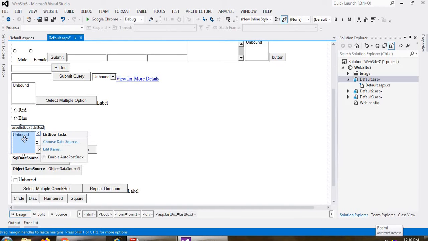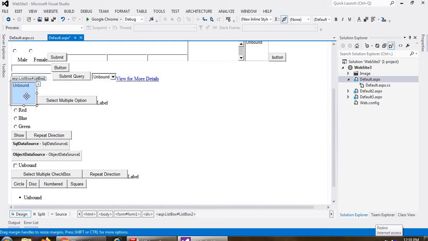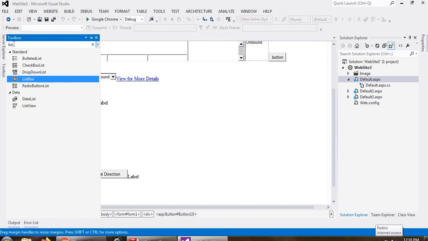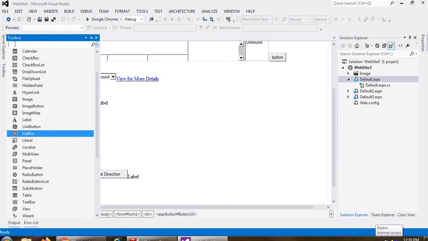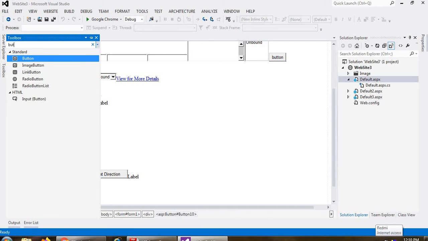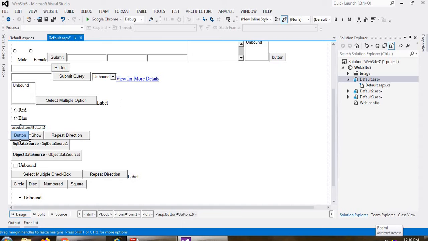Then I have taken a button also. So go to the toolbox and select the button. You can drag and drop it on the form. You can see this is my button. Clear? Okay.